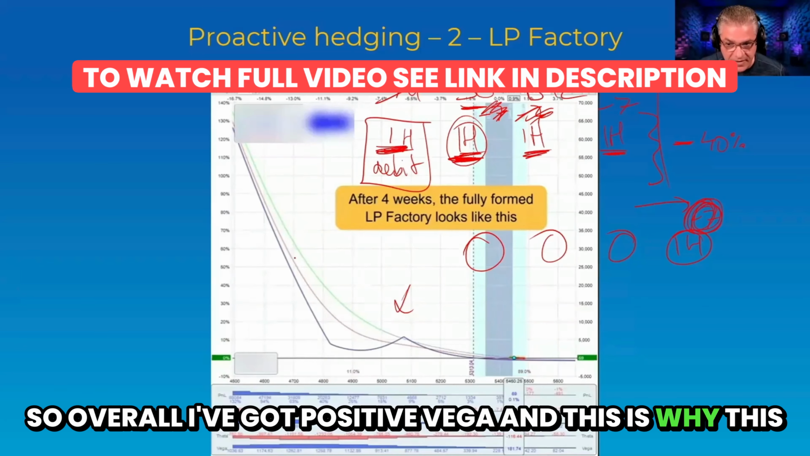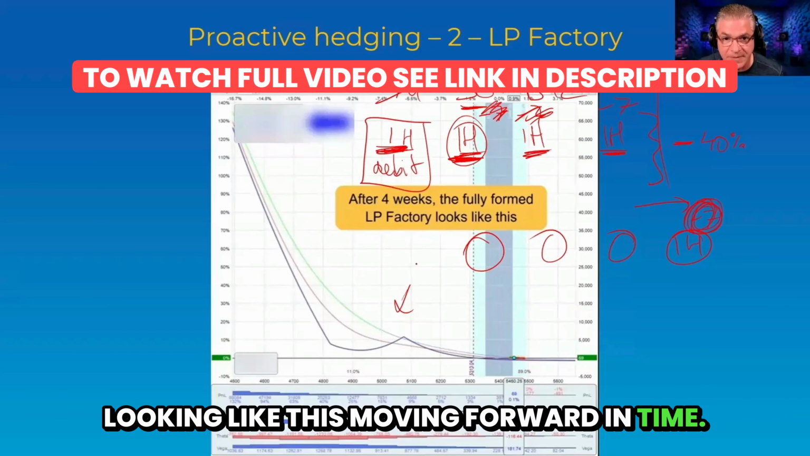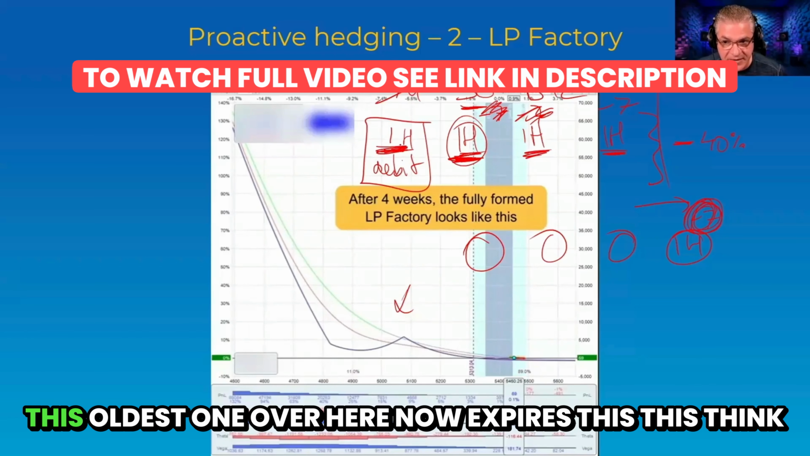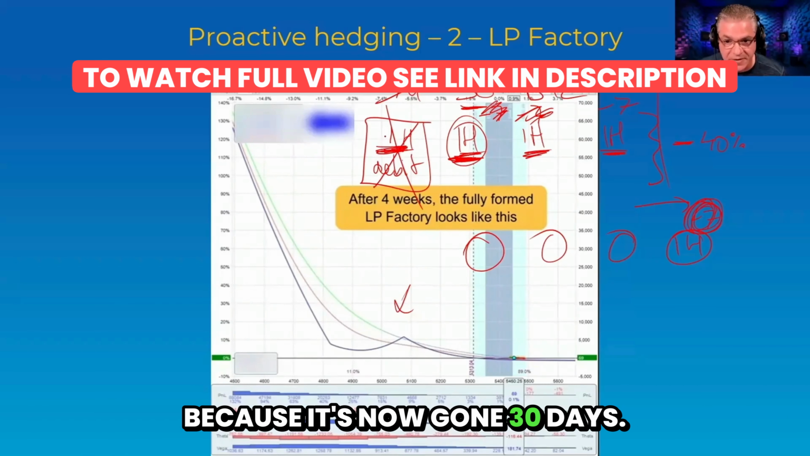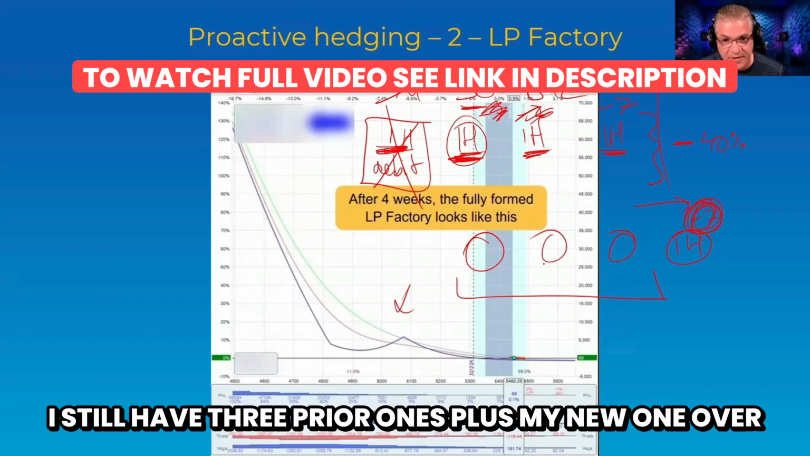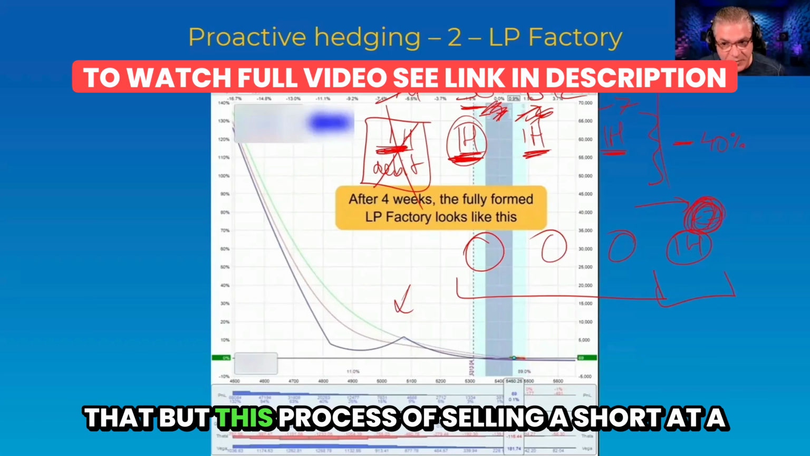And this is why this chart is going to look like this and will remain looking like this moving forward in time, okay? Because on the 5th week, what happens is that this oldest one over here now expires. Think of this as the long hedge over here. Yes, that's expired because it's now gone 30 days. I still have 3 prior ones plus my new one over here for 30 days, and I've only got one short against that. But this process of selling a short at a